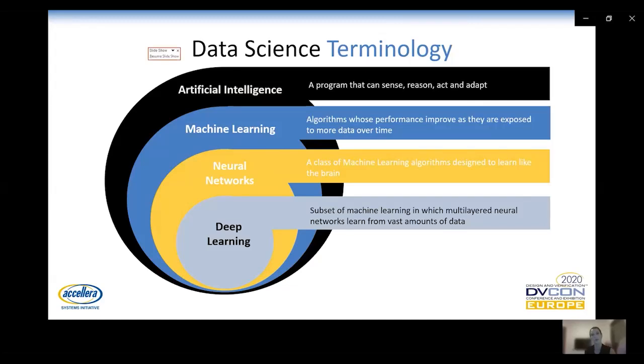Those algorithms use multiple layers of neural networks, and in the last few years, they have outperformed humans in specific tasks when we're talking about